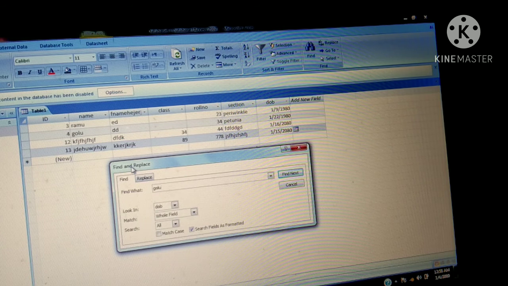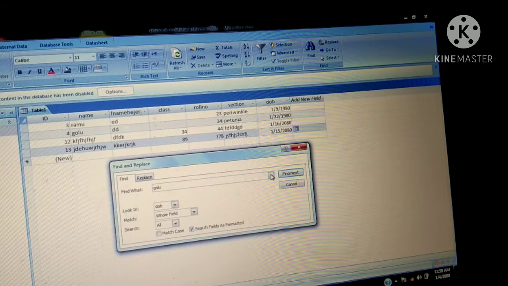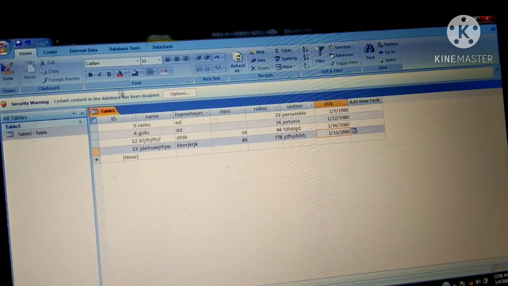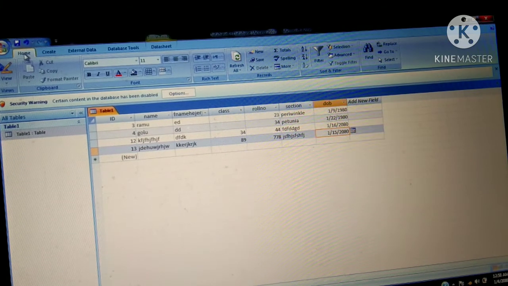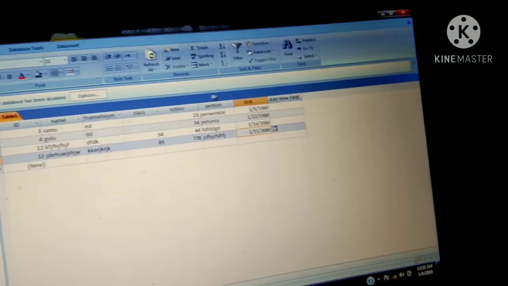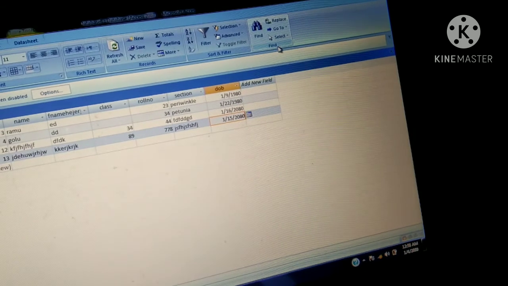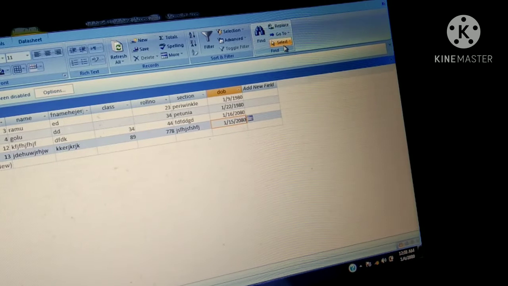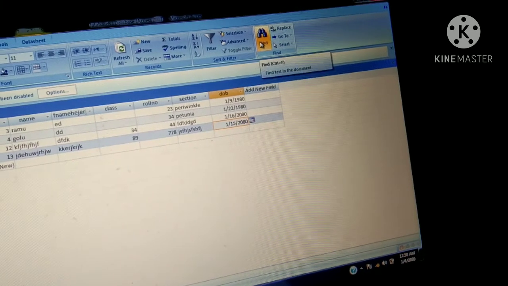Okay? So for this, we are choosing this find and replace option. Where will we find it, ma'am? For find and replace, which tab is responsible? Home tab. You will click on the Home tab. When you click on the Home tab, the last group is the Find group, and in this Find group are the options Find, Replace, Go To and Select. So you will select the Find option.